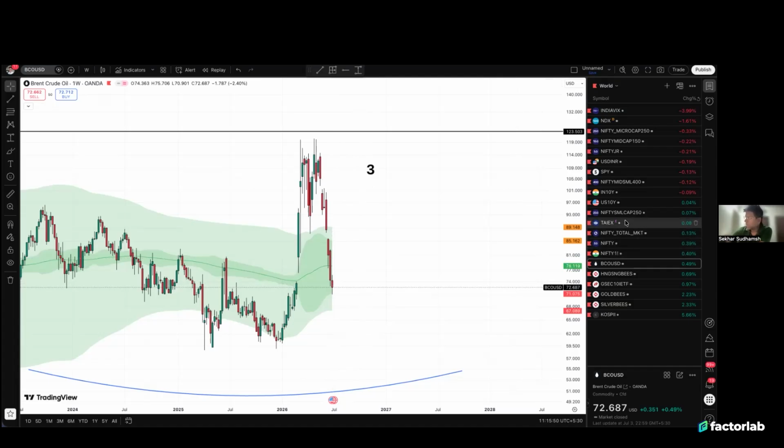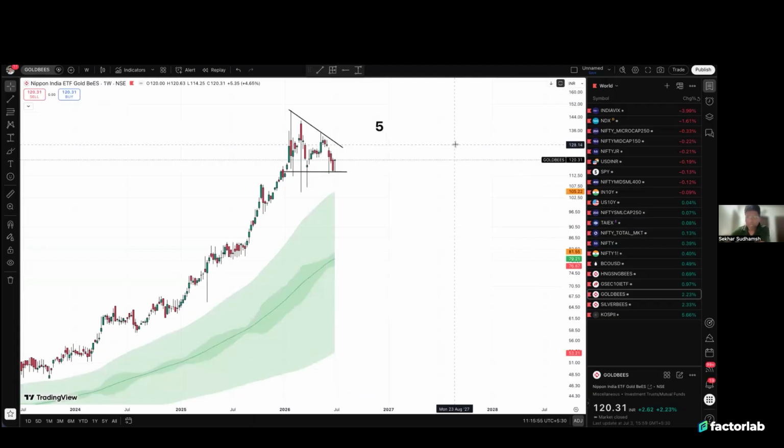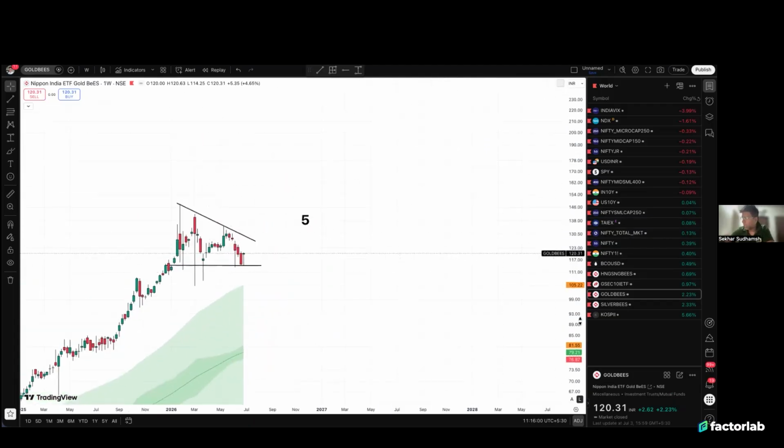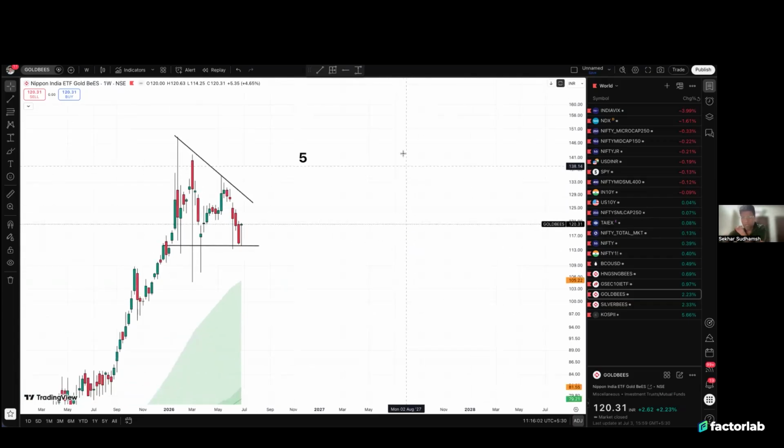Now I'll show another chart, that is gold. Now, what is happening to gold? The ultimate hedge against the Indian equities. If you look at the weekly chart, gold is retesting its earlier support. You see the long candles at the bottom of this, right? There's a very good support that gold is resting on. It has already been 6 months at these levels. We last saw these levels in Jan of 2026. Now it is July. So 6 months of nowhere.